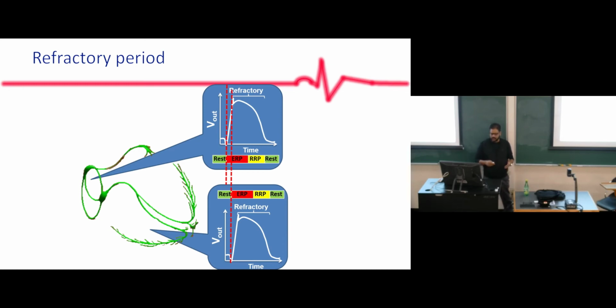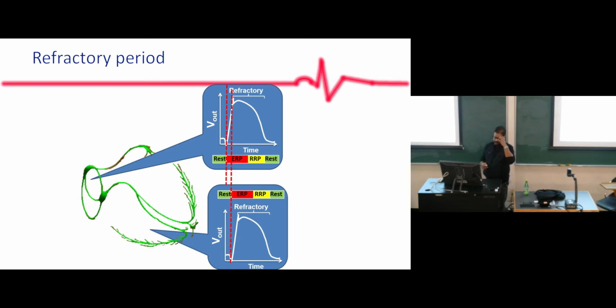But what it is showing you is that the refractory period of each of these cells can be broken down into an effective refractory period, where you cannot interrupt what the cell is doing, or the tissue for that matter, because of functional syncytium, and the RRP, where you can actually be interrupted. So you will see later in the course, we will have a model which will allow for another signal to interrupt the RRP period and lead to a secondary